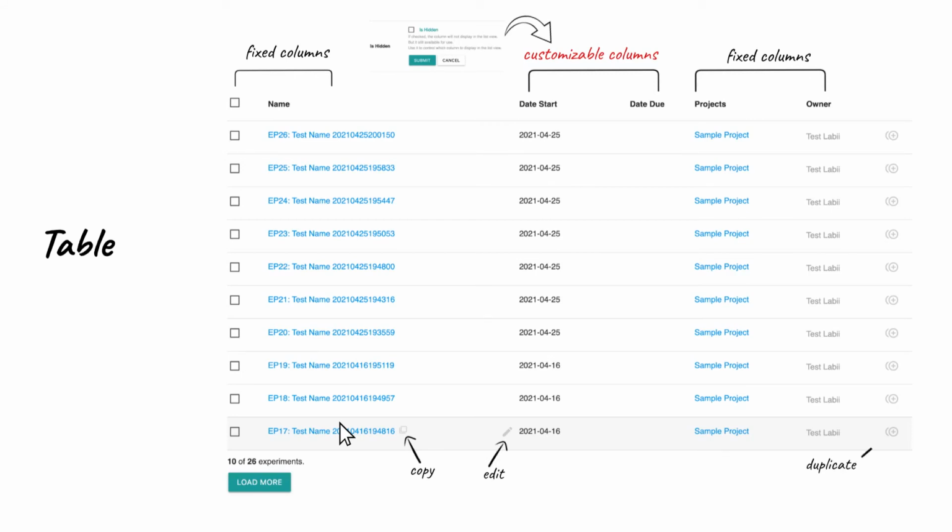You can also duplicate a record by clicking the duplicate icon. If more than 10 records were created, you can click the Load More button to load the second page of records. Select one or more records to enter the batch operations. You can print, edit, or export the selected records in bulk.